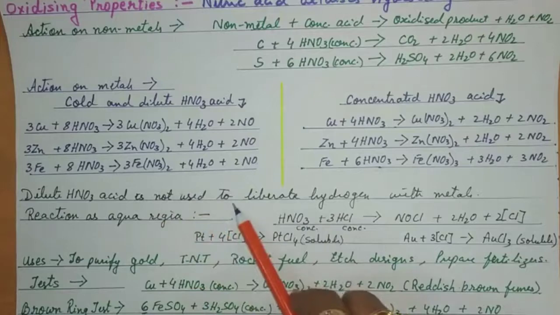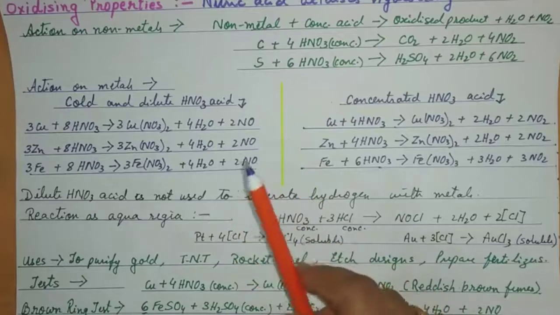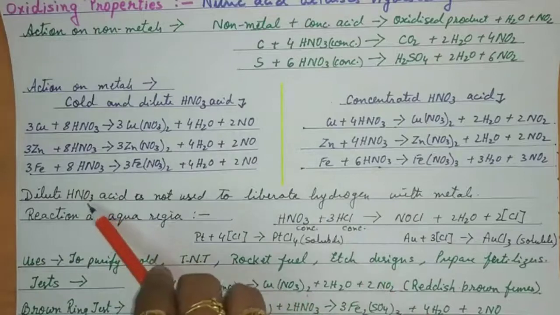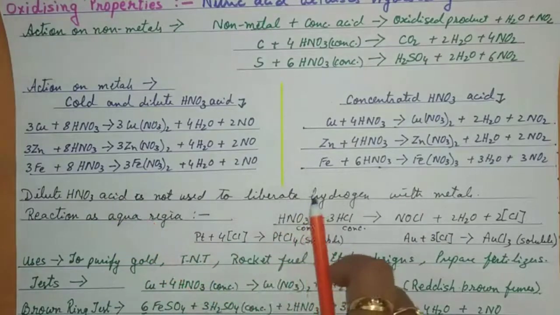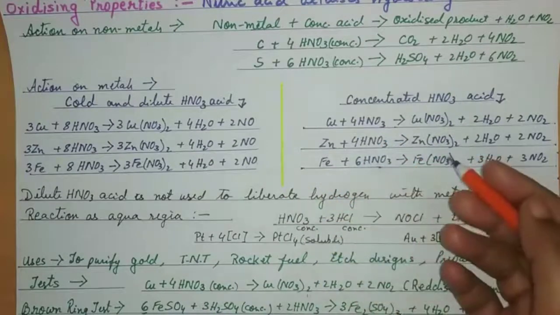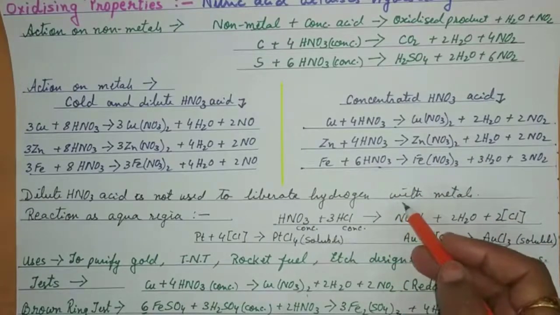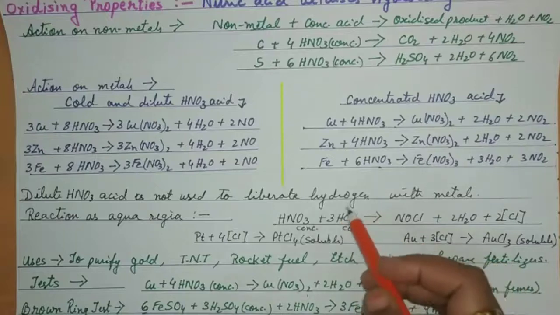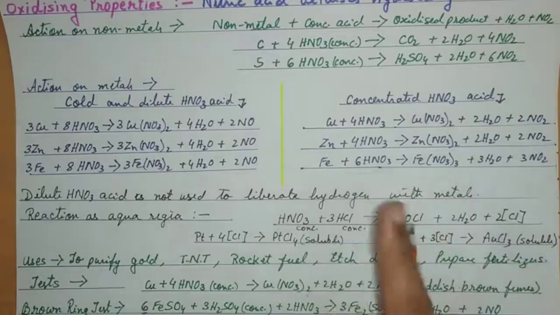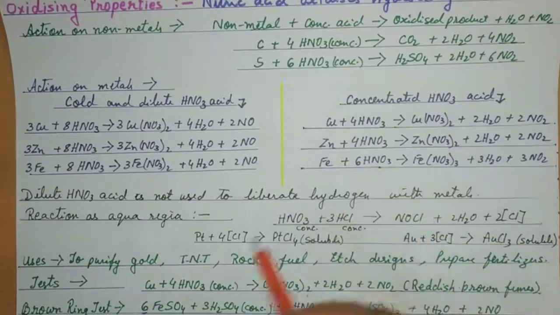Dilute nitric acid with metal is not used to liberate hydrogen, whereas dilute sulfuric acid and dilute HCl with active metals give you salt and hydrogen. But dilute nitric acid is a strong oxidizing agent which will not give you hydrogen; it will oxidize hydrogen to water, thus defeating the method to prepare hydrogen. Therefore, it cannot be used, but with manganese and magnesium, a very dilute nitric acid, that is 1% dilute acid, can be used to prepare hydrogen, an exceptional case.